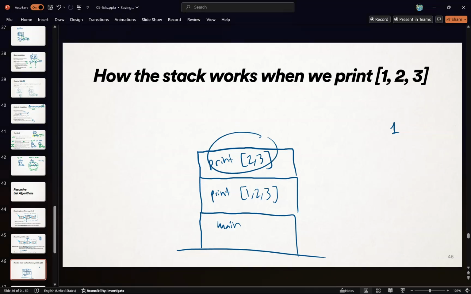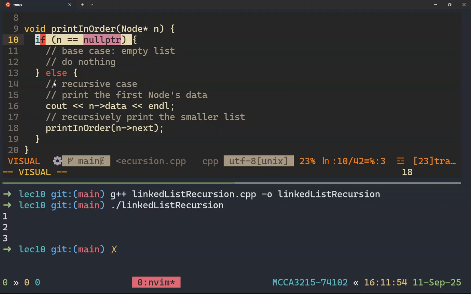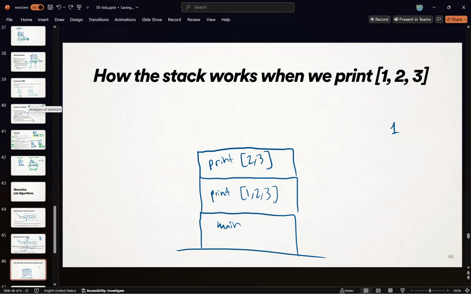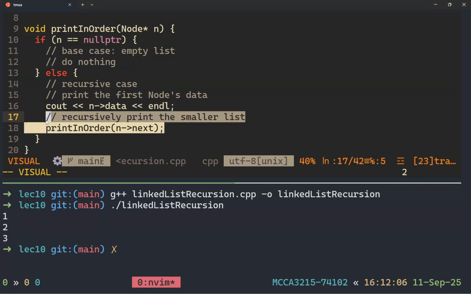Okay? So now we're in this call. The list, from its perspective, is 2, 3. It's still not empty, and again, we're in the recursive case. So it's going to print its first node's data, which from its perspective is the 2. So this is where the 2 gets printed. 2 is getting printed right now. And then it needs to print the rest of its list because it knows it has a smaller list to print. It will call print in order again on the smaller list, which is now the list starting at just